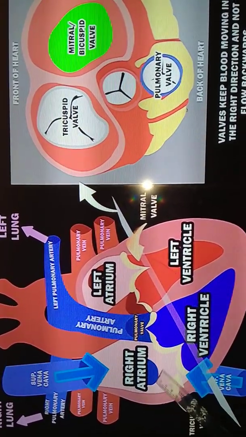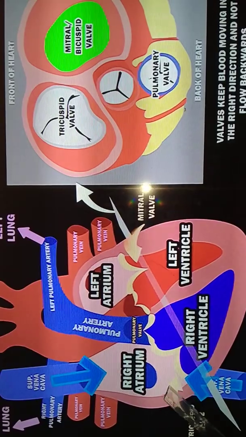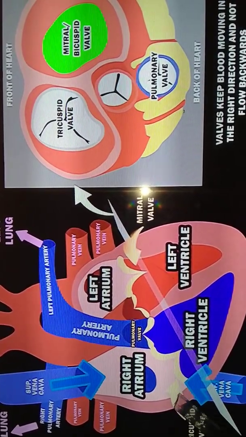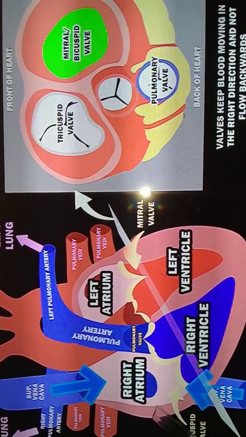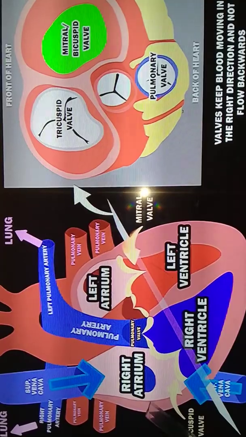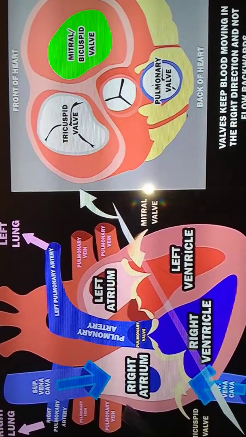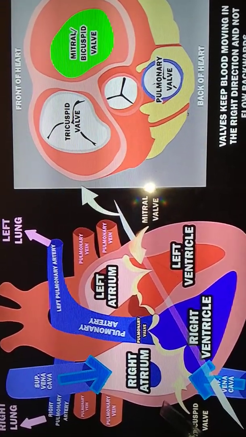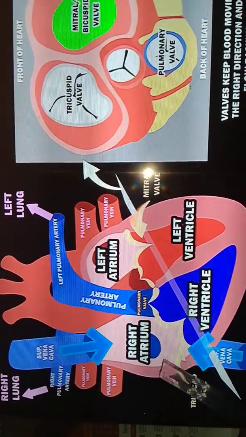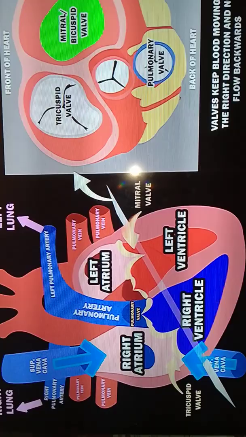Again the heart, what will it do? It will send the blood to all parts of the body through blood vessels called arteries. These arteries and the veins are called blood vessels. So veins will carry impure blood and the arteries will carry pure blood. Just observe the picture very carefully.